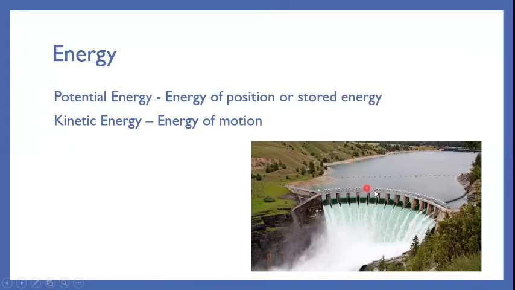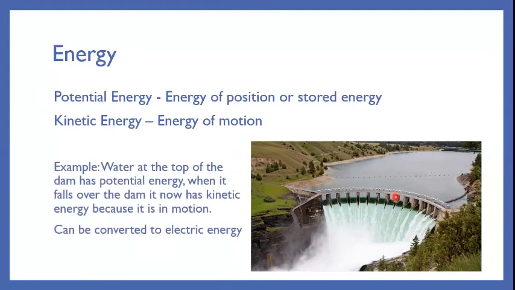Potential energy is present in the water above a dam. It has energy of position, or it's stored energy if that dam is closed. The very fact that it has the ability to move is going to be a big part. When we open that dam, it begins to move. Now we're producing kinetic energy. We use this property to produce electric energy. We'll have turbines that are being spun by the water as it flows down, producing and storing electric energy. So we're transferring that energy from one to the other.